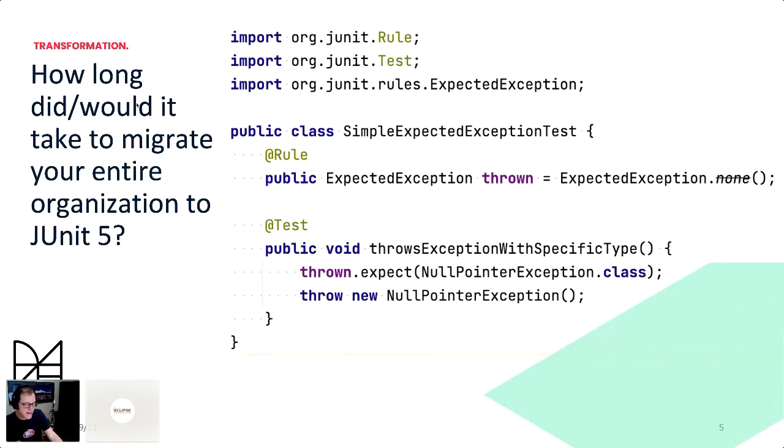Okay, so all this talk, let's get into what this is really good at. This is an example I actually had to do at an organization I worked at. We were moving to JUnit 5. I'm sure a lot of people have had this task or are maybe tasked with it now. And this is what JUnit 4 looks like when you're trying to assert that a certain exception is being thrown. You have a rule here that's an instance variable of your test class, and then basically you need to make sure you set that to expect, and the framework will then do its thing.